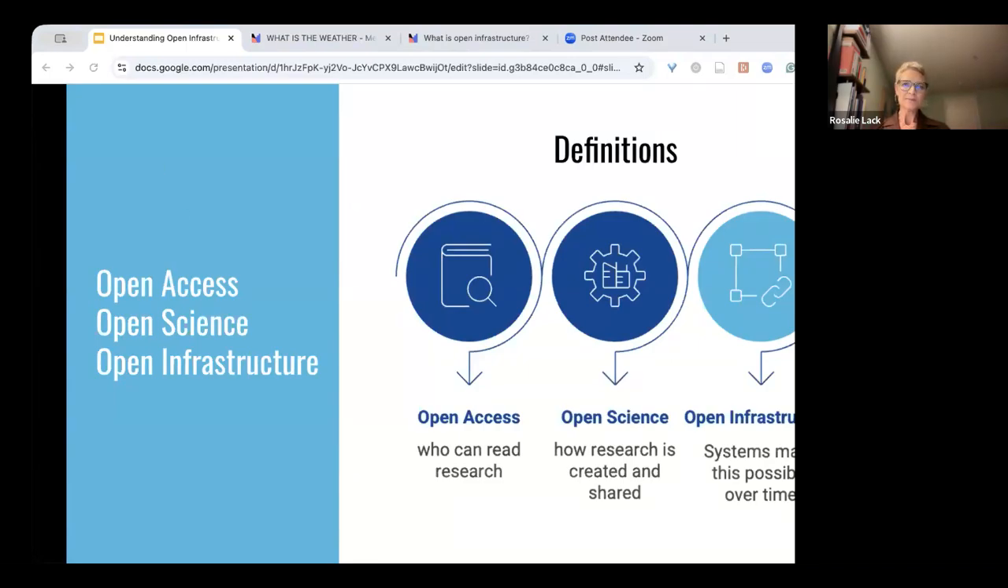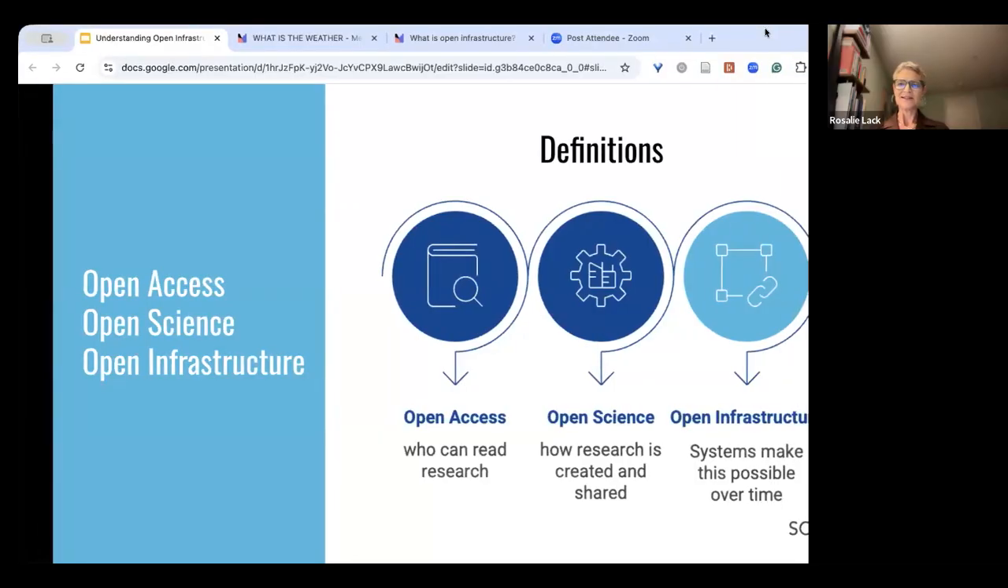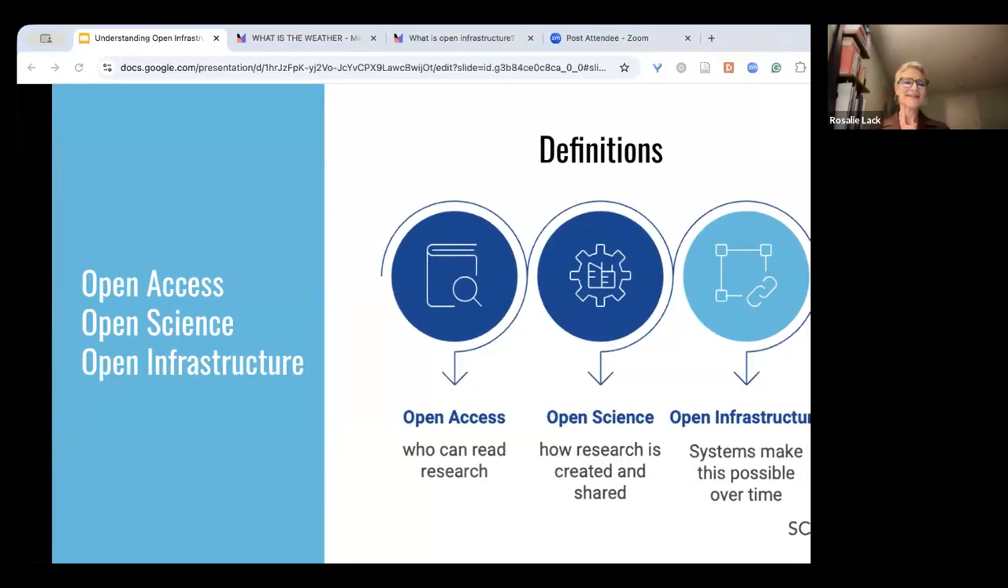So I'm assuming you can see my screen fine. I should have asked that question. Okay, great. So open access is about who can read the research. This refers specifically to the free and online availability of research outputs, such as peer-reviewed journals or books,